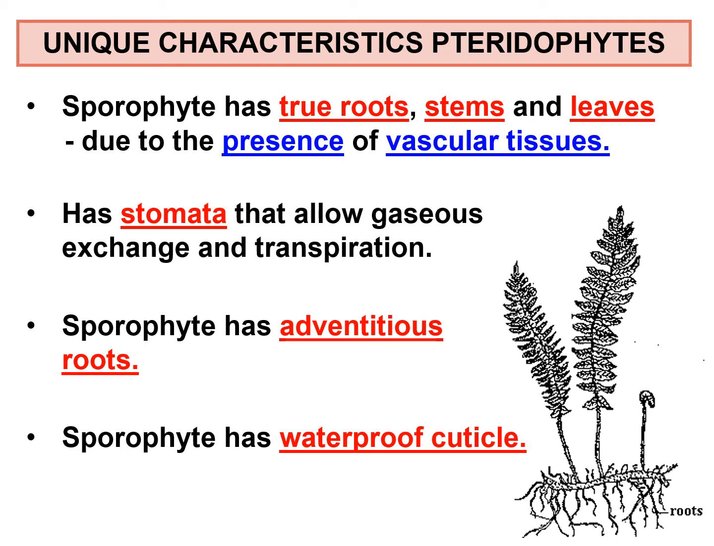The sporophyte of pteridophyte has true roots, stems, and leaves due to the presence of the vascular tissues. It also has stomata that allow gas exchange and transpiration. And the sporophyte has adventitious root. Sekarang kita dah guna istilah root untuk pteridophyte sebab dia punya root dah ada vascular system. Sporophyte has waterproof